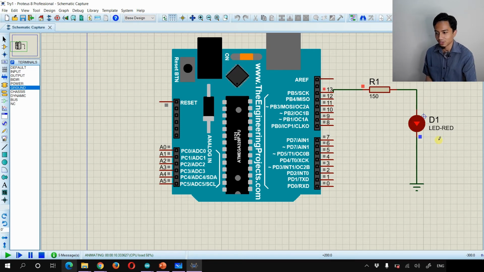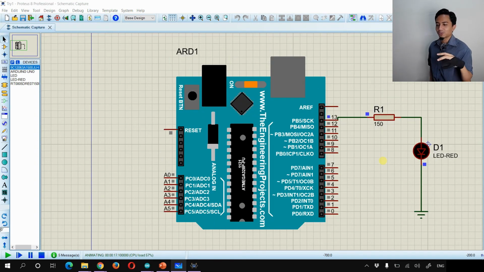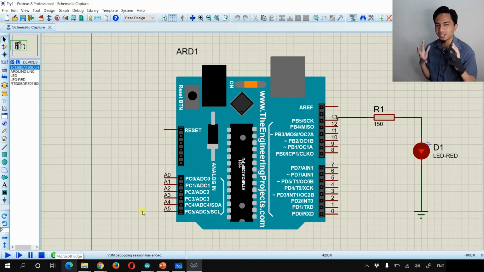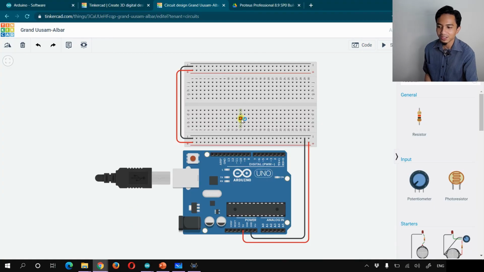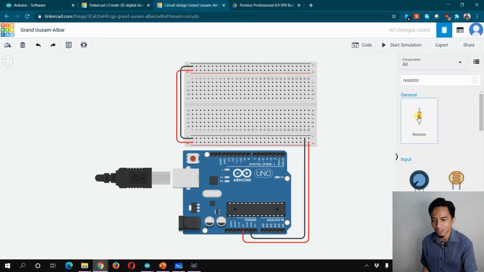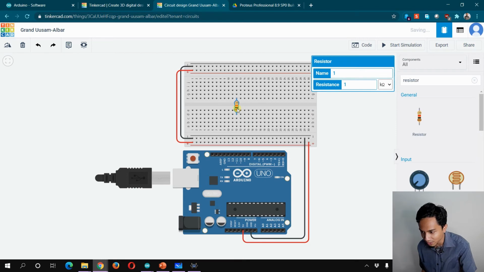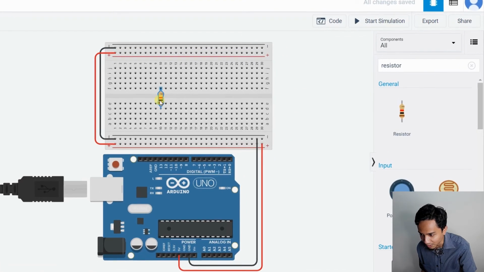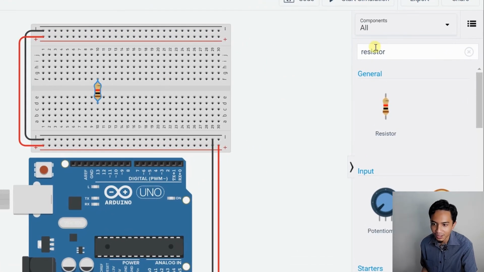turned on. So this is for those who don't have the hardware. Let's say you don't really like to see just blinking like this, and you still want to see the real circuit, but you don't have the real circuit. As usual, you can just go to TinkerCAD here, and then you can produce the circuit here. So just search for the components. Let's say we take the resistor here, and then LED,